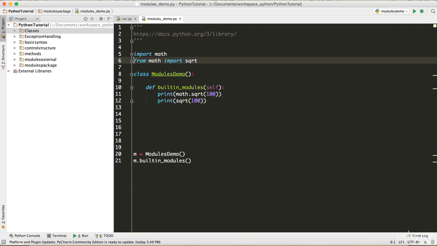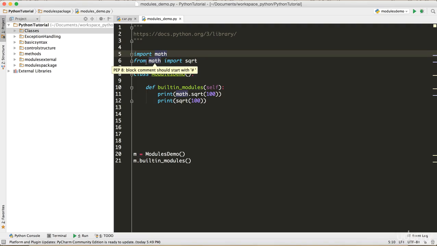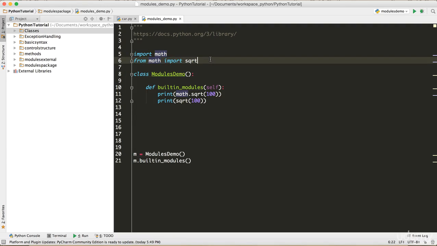If you pay attention, I'm going to comment this one out, and you can see there is now an error. It says unresolved reference, right? To make it available to the code, we actually have to uncomment this one. It's not available when we just say import math, because for that we have to say math.sqrt. Directly sqrt is not available by default when we just import math. So we have to explicitly import a particular function by saying from math import sqrt.